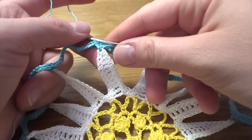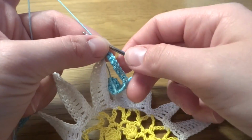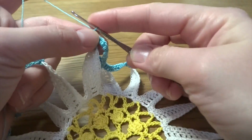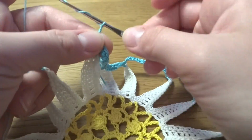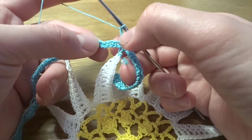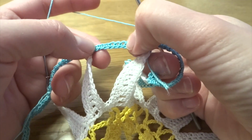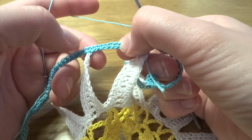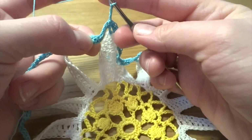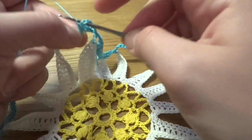Now we've got round number 9. I've done slip stitch into the first single crochet, and now round number 10 we need to start by making chain of 1 as a single crochet, then chain of 3. Now skip 1, 2, 3, 4, 5, 6, 7, into the 7th stitch, so chain of 4, actually chain of 4, and into the 7th stitch 1 double crochet,